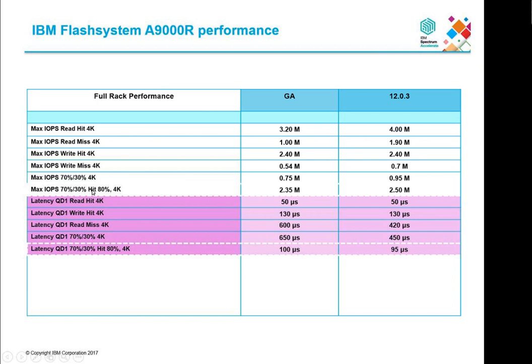Sometimes you'll see a 7030 50 or a 7030 80, and that's again read, write, and then cache hit percentage. Sometimes in some of the numbers for the A9, you'll also see 4 numbers here. You'll see a 7030 80 80 or 7030 50 80, and that last number is temporal locality, which essentially has